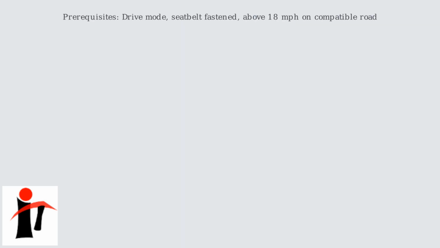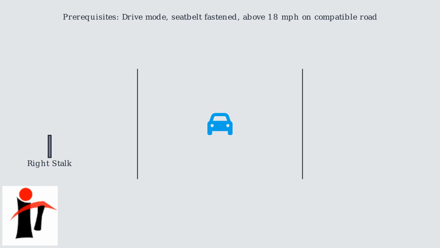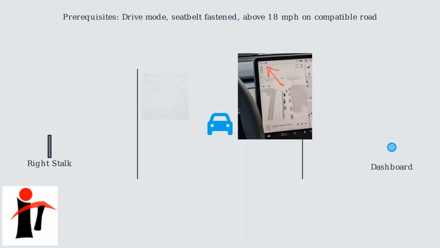To engage auto steer for lane keeping, first ensure your Tesla is in drive mode with the seatbelt fastened and you're traveling above 18 miles per hour on a compatible road with clear lanes. After activating traffic-aware cruise control with the first pull of the right stalk, pull the right stalk towards you a second time to enable auto steer. With the second pull, the dashboard icon will change to show steering input, indicating auto steer is now active for